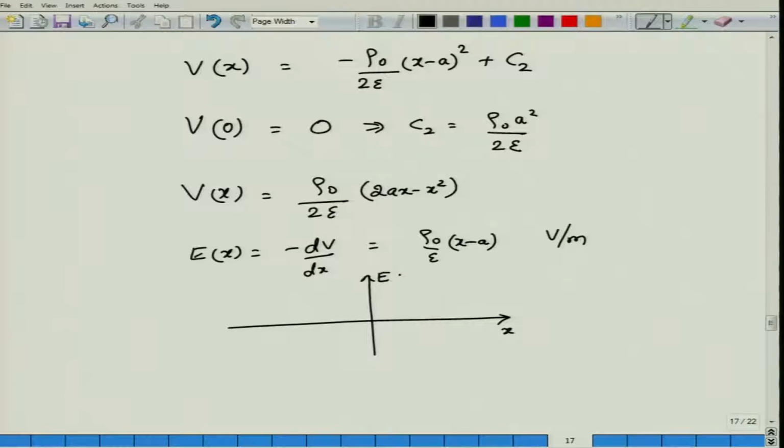If I now plot electric field E of x, at x equal to 0, which is at the center, it will actually have a maximum value of the electric field. The maximum value of the electric field is actually negative. That simply indicates that the direction of the electric field is in the opposite direction to x. So this is minus rho 0 by epsilon times a. At x equal to a this would be 0, the electric field, and on the p side region as well, when you replace rho 0 by minus rho 0, this becomes x plus a, but at x equal to minus a the sum will again go to 0. So the electric field that you have will have this triangular form.